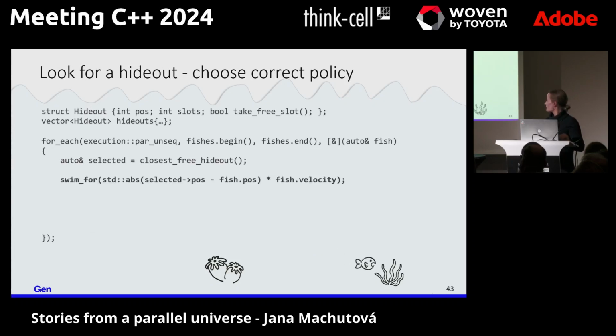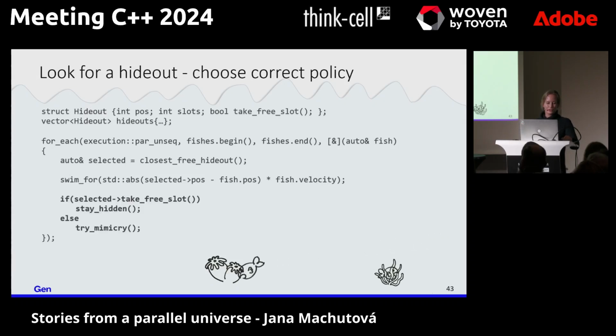Once they get there, they have to look if the slot is free, so it can stay hidden, or otherwise it may try some mimicry to not be spotted. So what can we do to make it? Can we make it par_unseq? No,